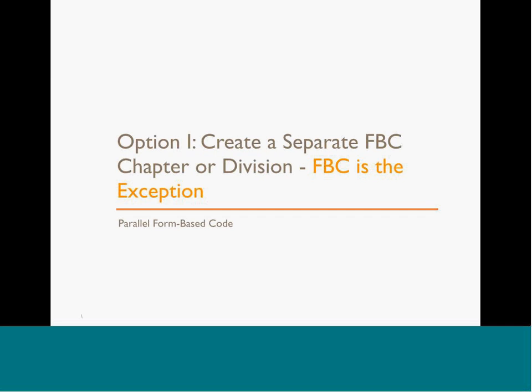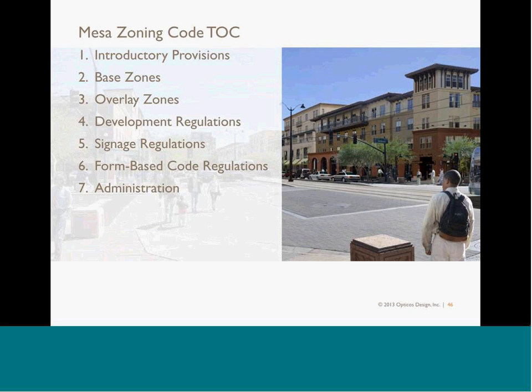This option is simply creating a separate form-based code chapter or division and integrating it into the overall table of contents. This is the example of the Mesa, Arizona overall zoning code table of contents, and you can see that the form-based code